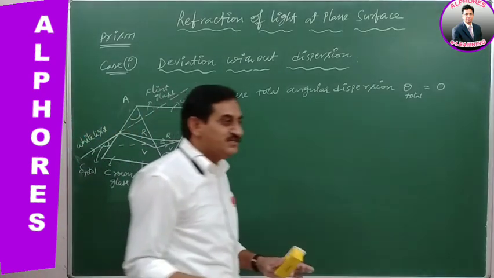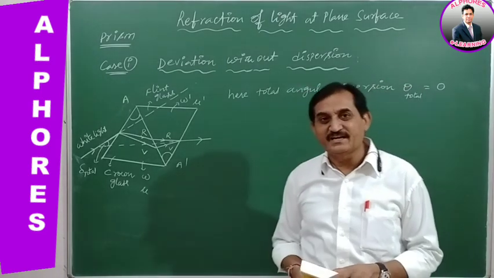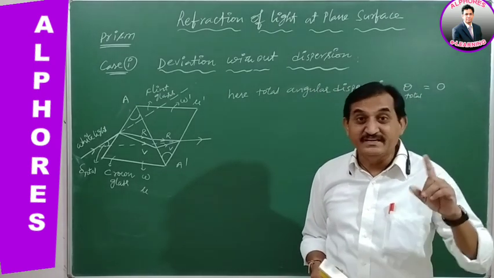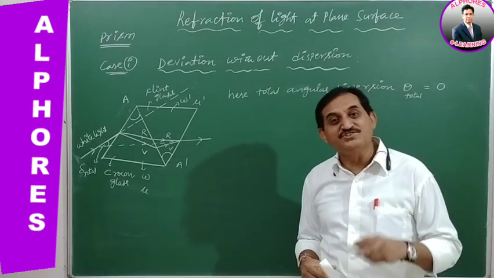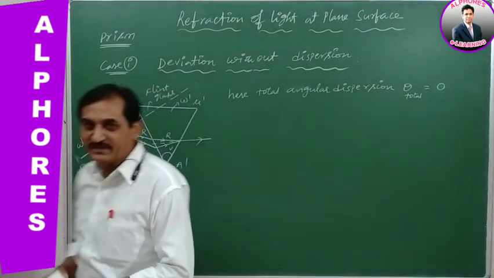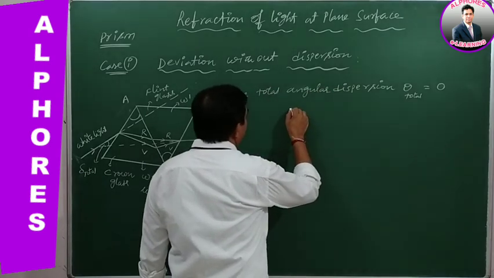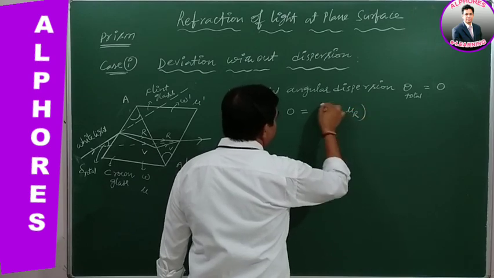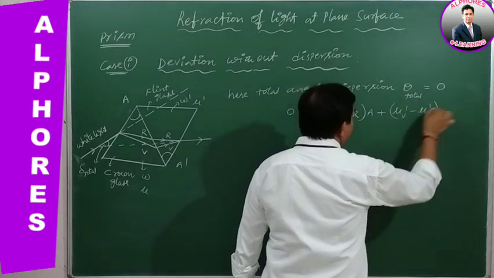Two different materials are used to prepare the two prisms. These two prisms are connected in reverse sense in order to get only one result. The other result should be nullified. Here there is no dispersion of light. Total dispersion is nullified but giving total deviation. Let us find that total deviation. If the total dispersion is nullified, that is 0, therefore putting 0, we have the formula mu v minus mu r into A plus mu v dash minus mu r dash into A dash.